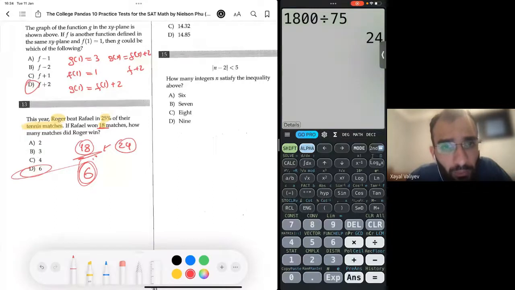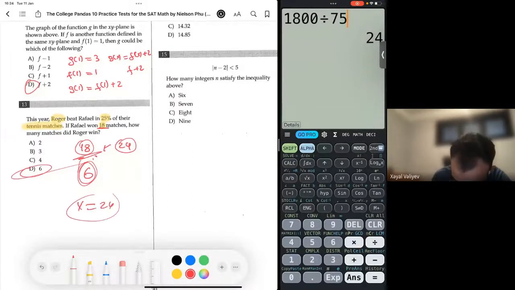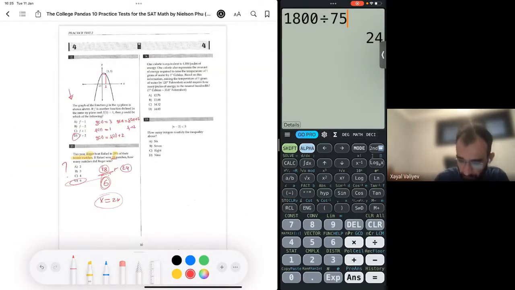Let X be the total number of matches they played against each other. Since 75% is three quarters, basically 24 matches they played altogether. Roger must have won 6 matches. Another way to get this answer is to realize that 75% is 3 times this, so Rafael won 3 times as many matches. How many matches did Roger win? This is a bit of a mystery for me. Anyway,